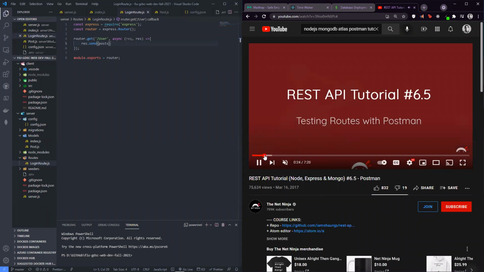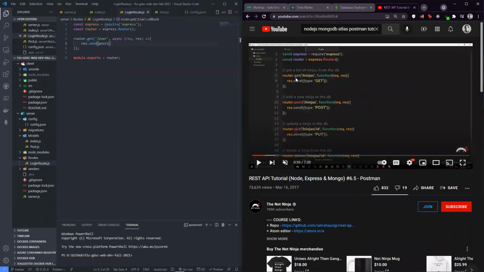Okay, so let's look at how they're doing things. Okay, so he's doing the router, exactly the way that we're doing it. But he's doing get, he's doing the route. He's not using async. Remember that async is something you use whenever you want something to wait. What that means is that if you want to make sure that a function gets done, that it doesn't get skipped over, then you put async, and then you would do something like,